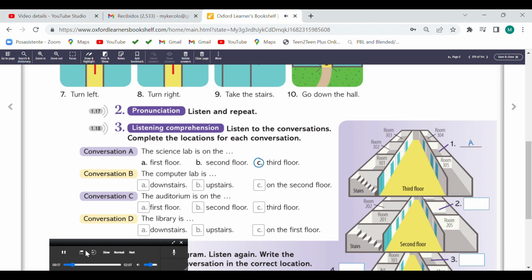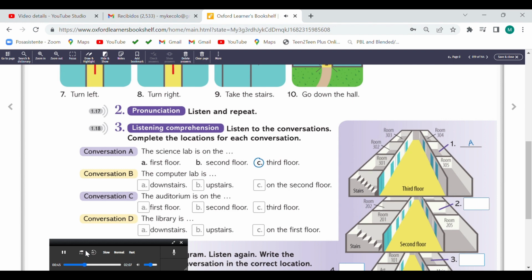Conversation A. Class, please go to the science lab after lunch today, okay? Excuse me, how long are we going to be in the lab? Just 1 hour. Then we're going to come back to our room. Sorry, how do I get to the science lab? Oh, it's easy. Take the stairs to the 3rd floor. The science lab is down the hall on the right. It's across from room 302. Across from 302? Right.